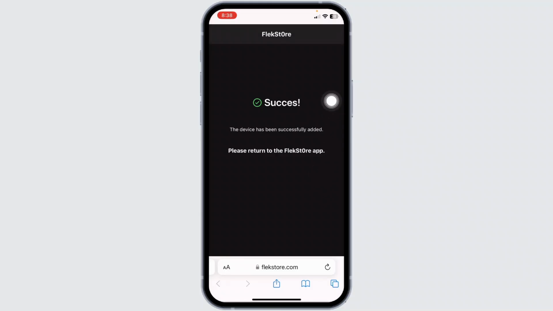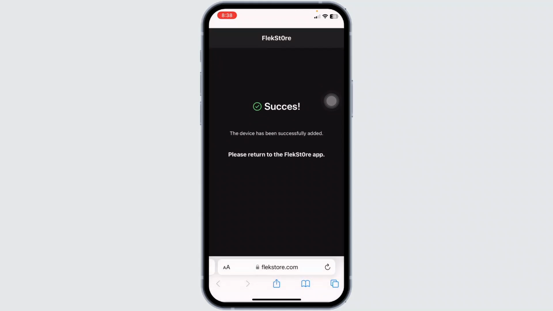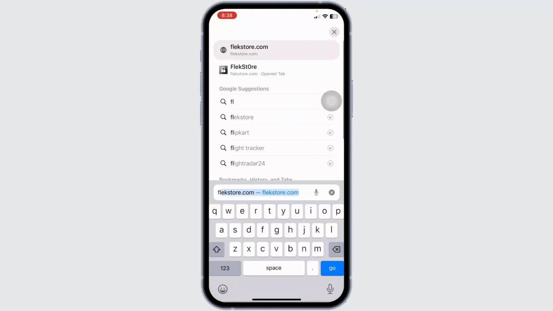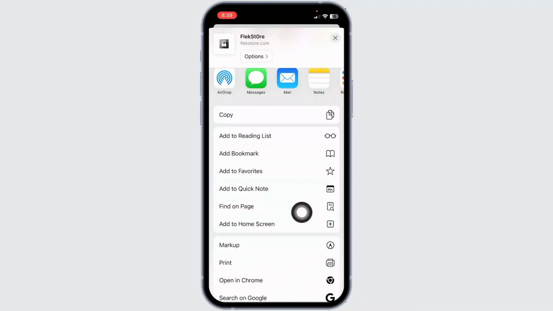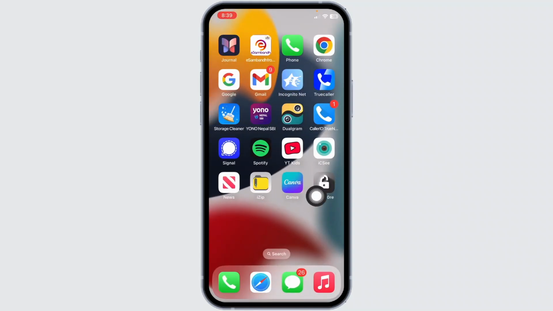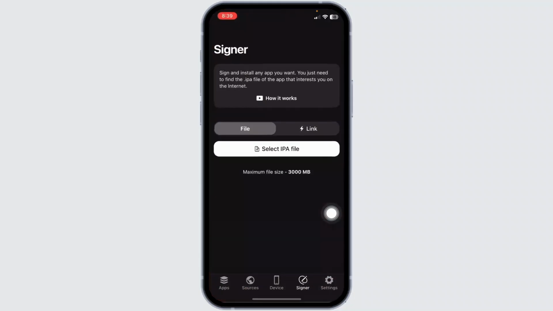So once you're inside here, make sure you have successfully added the Flexi Store application on your home screen. So let me just show you once again. Once you're inside here, as you can see, just follow the on-screen instructions by clicking on the share button, and to add your Flexi Store as an application to the home screen, just tap on this share button over here and scroll all the way down until you see the add to home screen button, and just tap on it. As you can see, now that you have successfully created the Flexi Store application on your iPhone, just click on it,